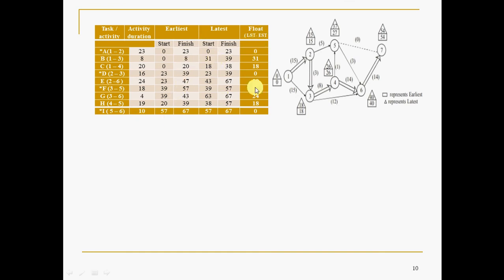Float is the difference, as we discussed, and the activities whose float is 0 are called critical activities. They are represented with double lines, and they are the controlling activities of the project. Fine, you got the float. Now, the only thing is how to get this. So you go back to the previous table and fill the same thing here. Triangle values, for example, this is 54, so 54 minus 14 is 40, like this. After getting this table, you can fill in the square and triangle values.